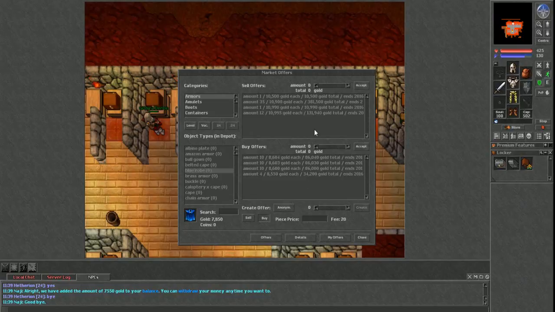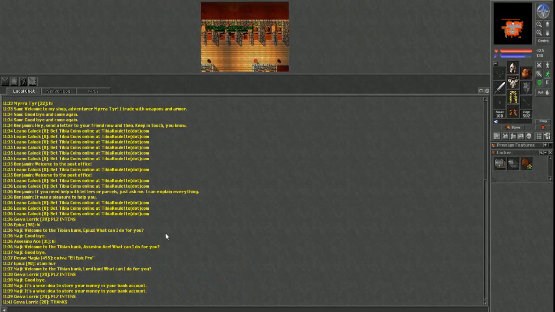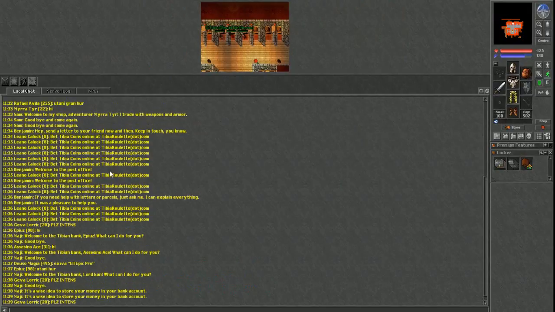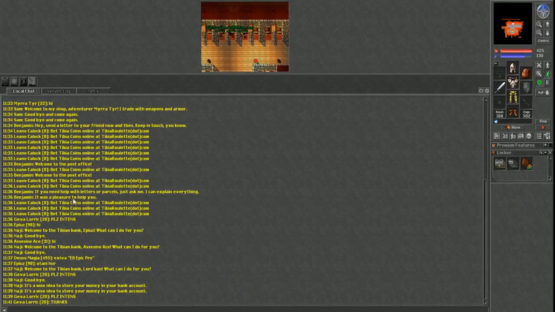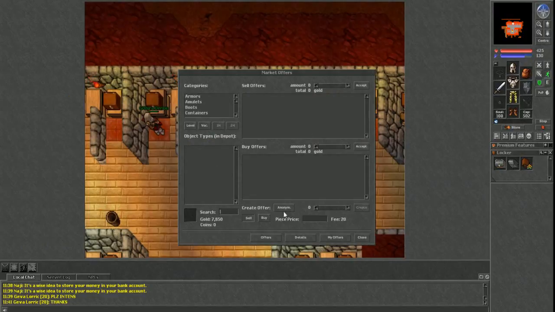Now this is very nice because in the olden days, you would go out to the depot, and there would just be people spamming all the stuff they're selling, and you had to cipher through this local chat. In the old days we'd minimize this as much as we can and just scroll through here and try and find this guy, like, oh, he's selling what I want. Private message him, and then hope that you're the one who messages him first, because it was first come first serve. So this has really smoothed out that process,